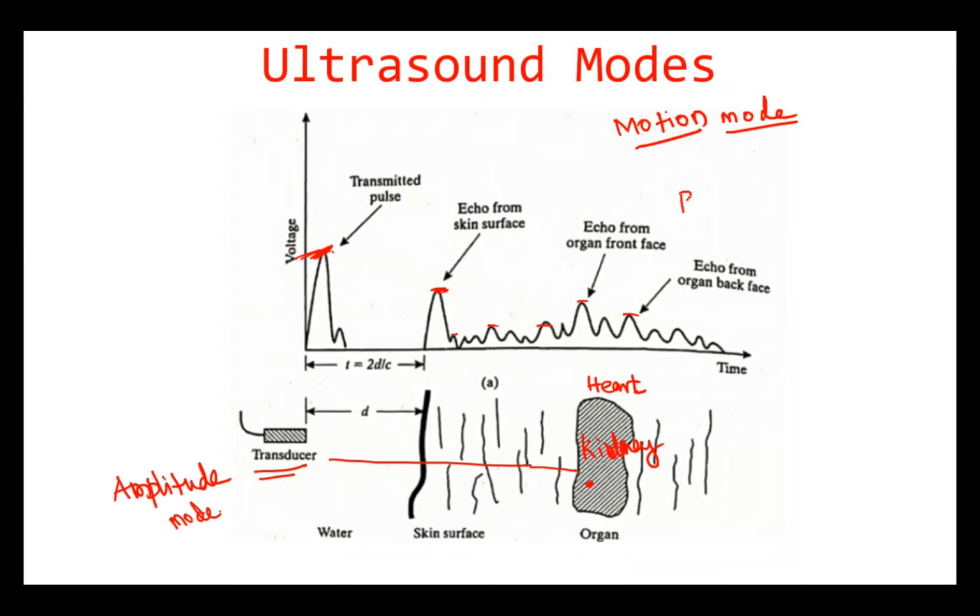Right? And we have a brightness mode. So high frequency, very high frequency waveforms are given, and by using the same amplitude mode principle, you will receive some signal back. And for high frequency, even if you give high frequency, the more sound echoes are reflected back. So that is called brightness, right? So there are 3 modes. You will study these in detail when you come across your own subjects in ultrasound, right?